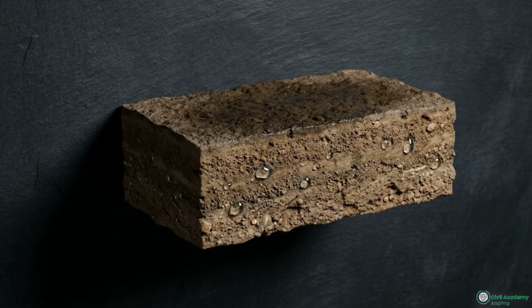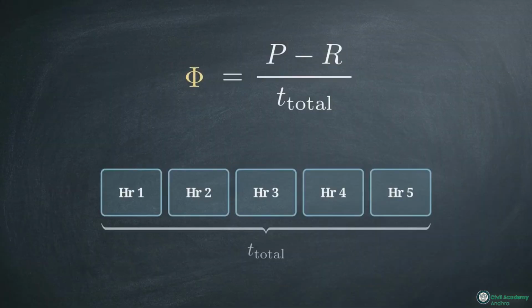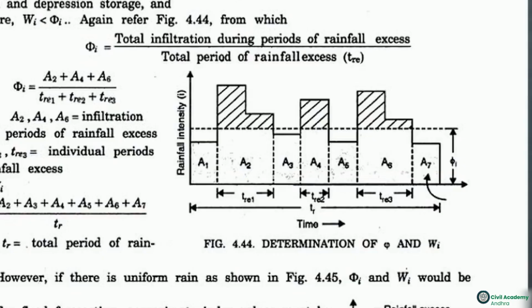The phi index introduces a logical trap. If the storm starts with a light drizzle that entirely soaks into the ground, that hour produces 0 runoff. For the phi index calculation, that hour cannot be counted in the time denominator. This chart illustrates exactly how we prune that ineffective rainfall. The horizontal line represents the phi index. Any part of the bar graph below that line is absorbed by the ground. Only the hatched areas rising above the line represent effective rainfall that contributes to runoff. If a bar doesn't cross the line, that time period is discarded.